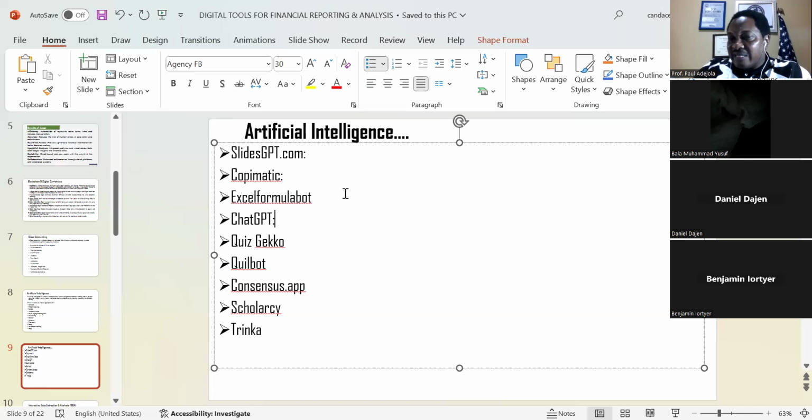And one of the additional features I realized in ChatGPT is this: if you have a name for the company you want to start, you have what you are into, you can define what you want to do, you have your location, your address, you have all the content about your company, and you want to build a website for it, in just a few minutes ChatGPT has that feature.